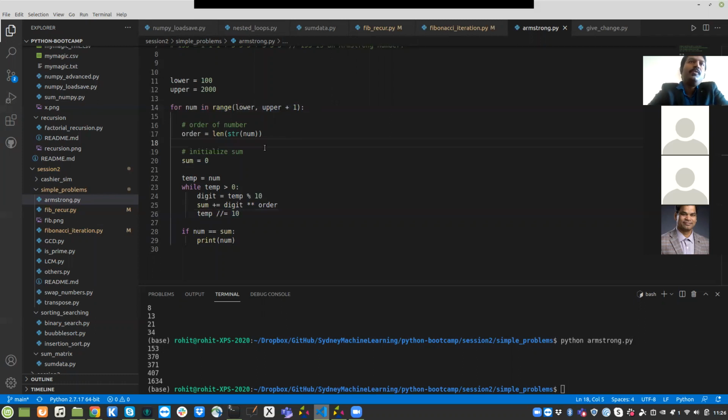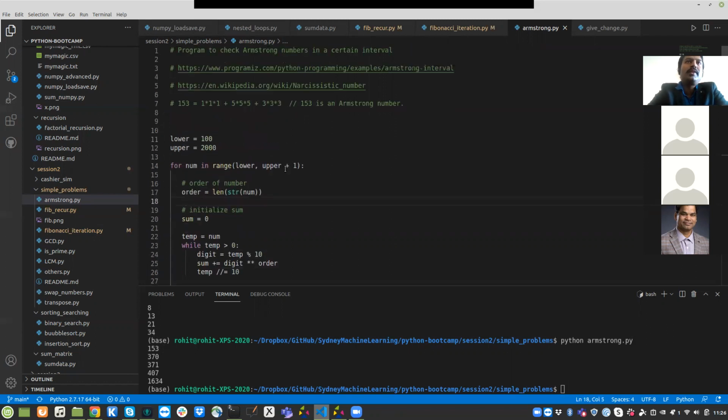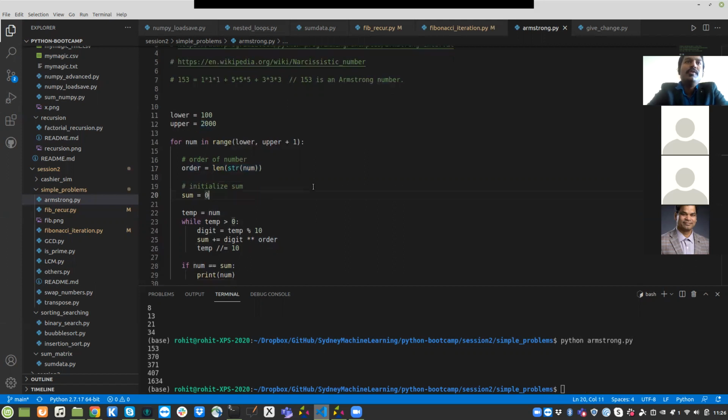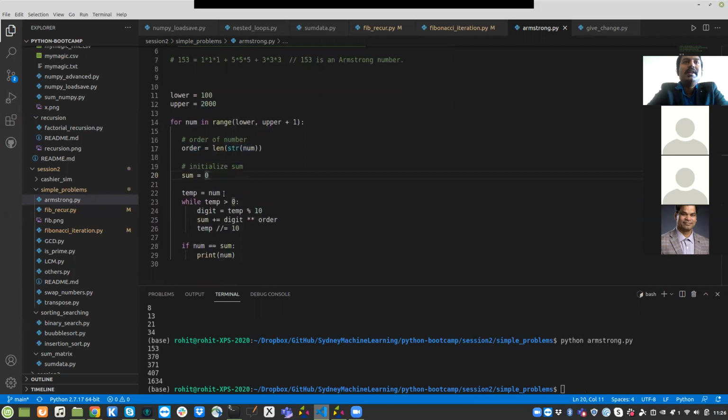So what is being done here? We just want to know the order of the number. If the number is, let's say, 100, then the order would be 3. Why? Because it converts the number into a string, meaning text, and then it just gets the length. If the number was 2000, it would be 4. So we begin with the number 0, and then we put the first number that we are checking to see if it is